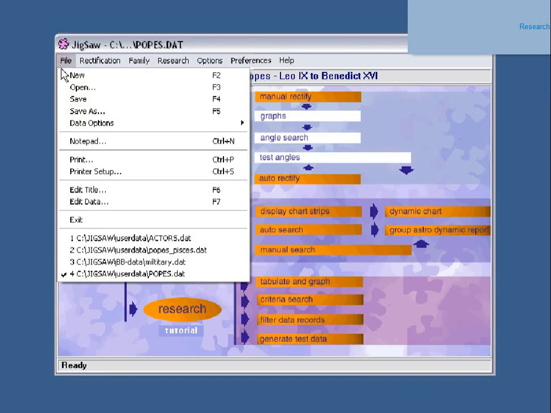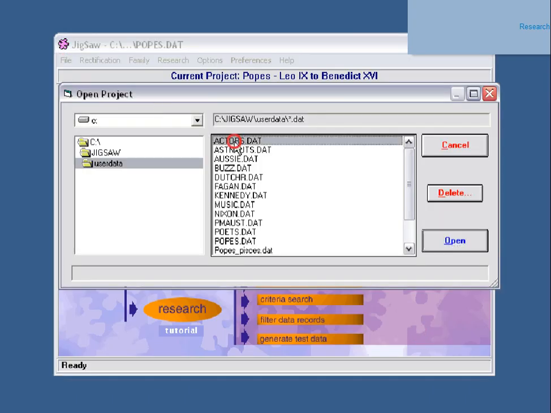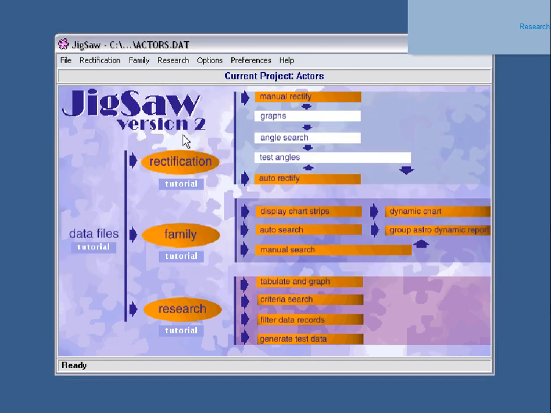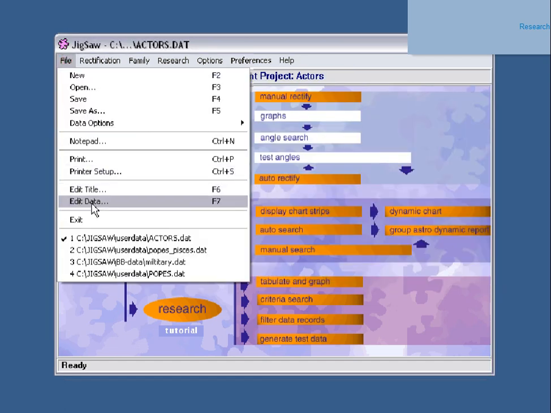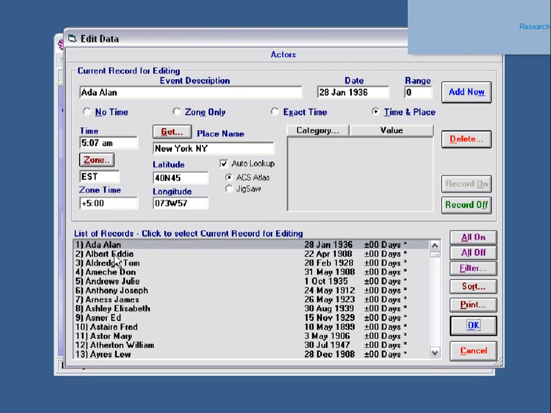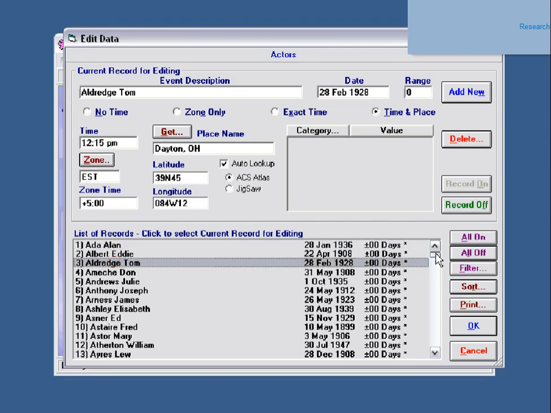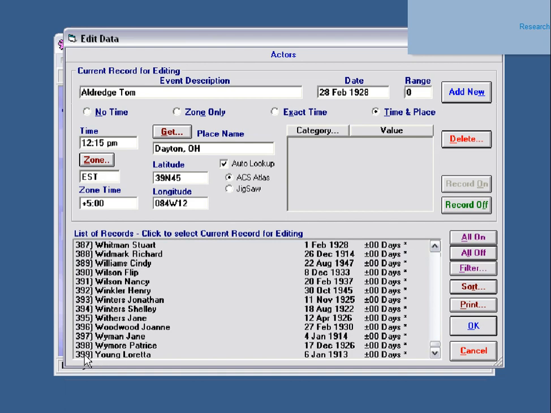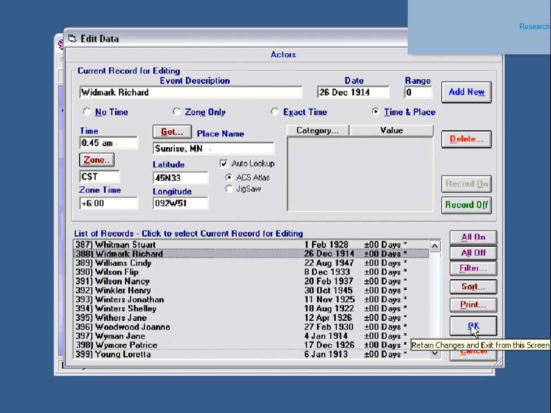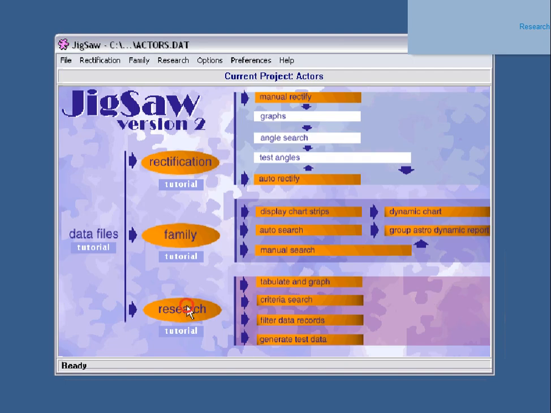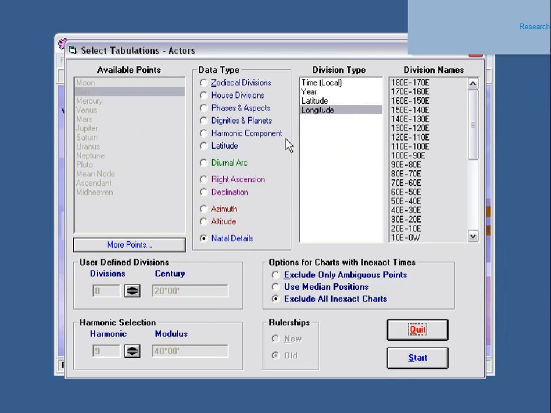If we actually open now, let us see, if we take the actors, which is another group you've got, and click open, we now have a group of actors, and we can have a look at this, and you can see there's 399 actors, and they've all got timed data. Okay. Let's go back into our Tabulate and Graph